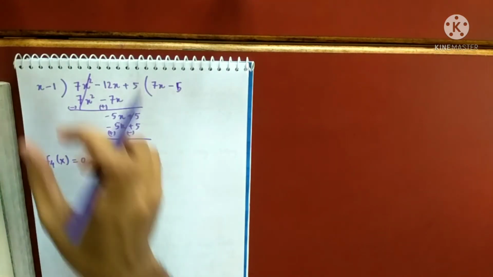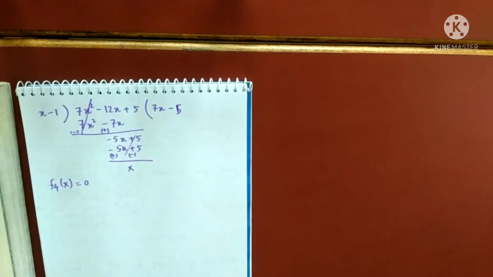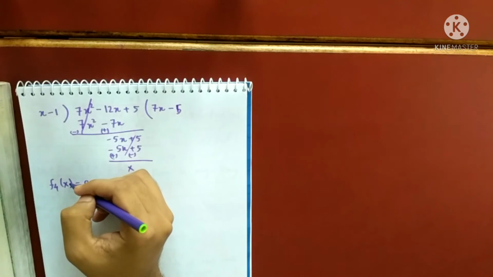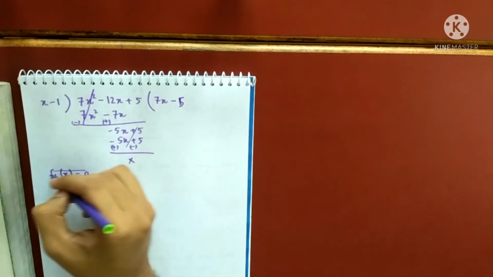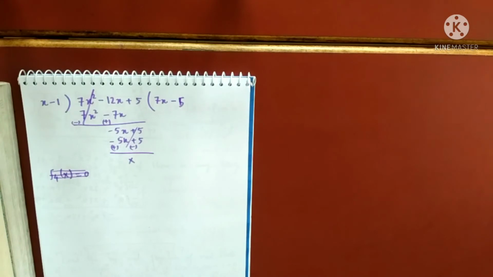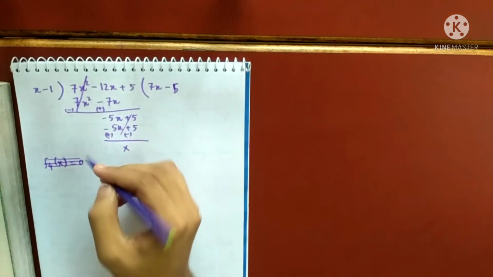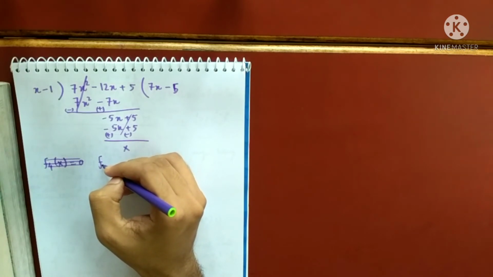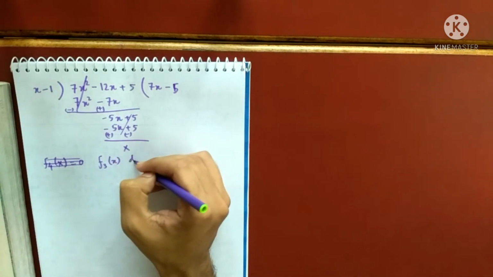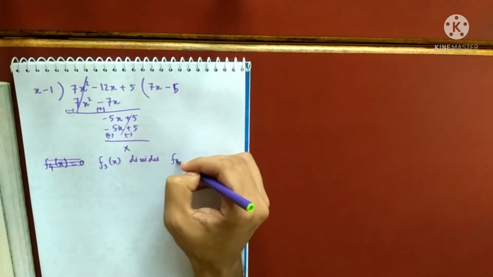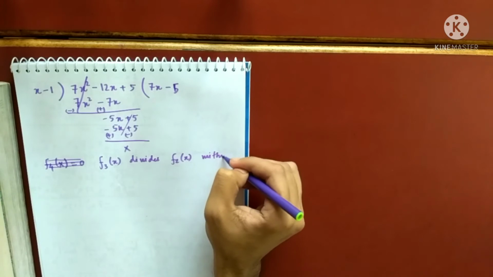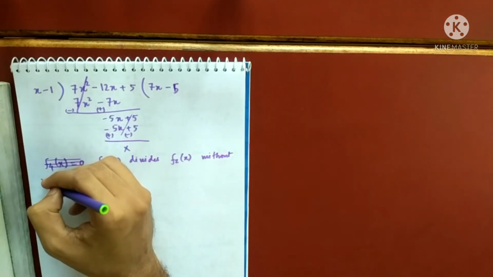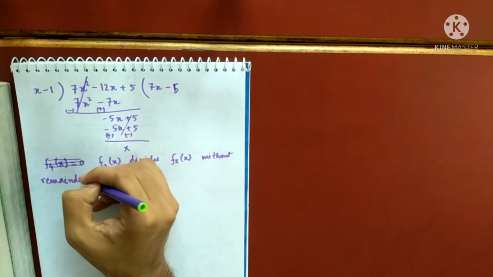So what have we understood? That the HCF is x minus 1 actually. That means it has got some multiple roots. Because f4x is 0, that will not give any extra changes in sign, because we do not consider 0 as anything. So we will not write this and waste our time. We write here: f3x divides f2x without a remainder, or with 0 remainder.